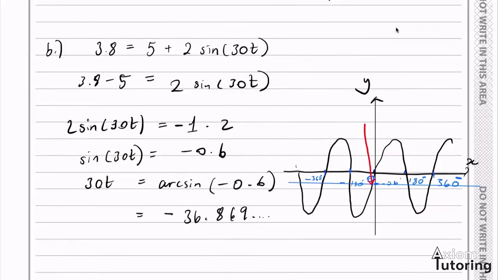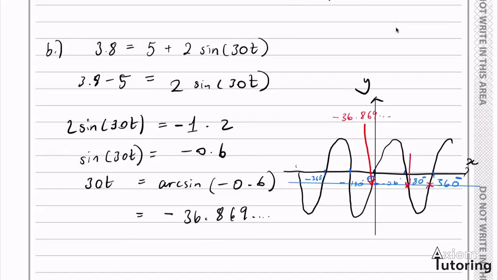So for the line of y equals minus 0.6, the corresponding x value on our sine graph will be minus 36.869, and so on. So we're going to have to use the periodicity of sine x to find the corresponding value that we actually need, because this is the principal value that doesn't mean much to us in terms of describing the physical quantity that we want. In this case, it's time. So we want to look at the corresponding solutions that will give us positive values for t. And it's this one here